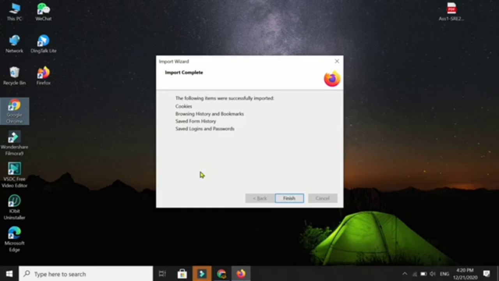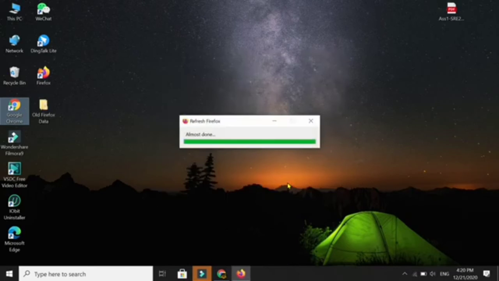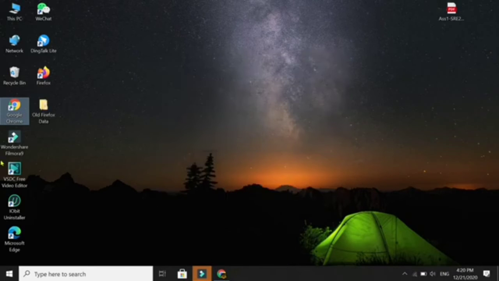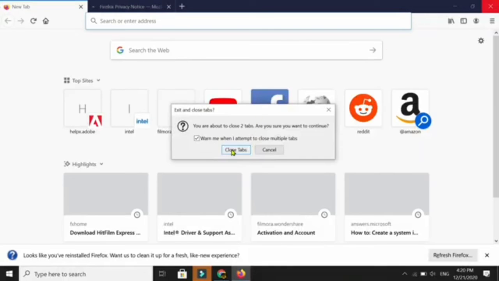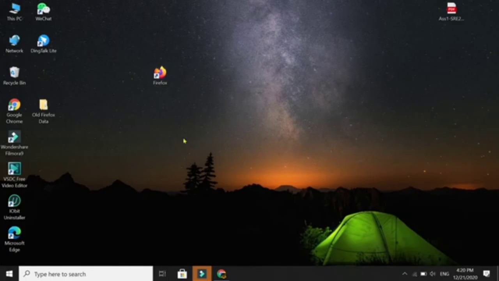Okay, after that tap on finish. Almost done, and look at this. Here we have Firefox, and this Firefox is already installed. So if you want to run it or use it, just click this,